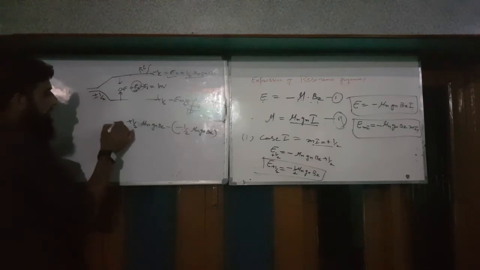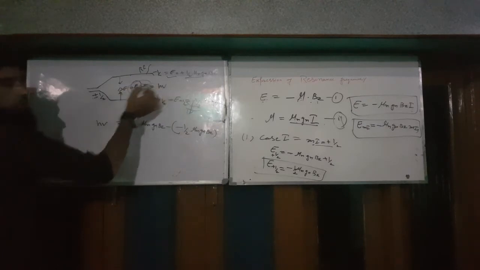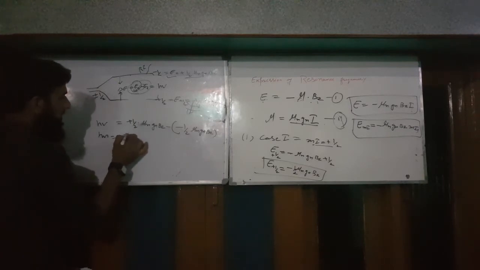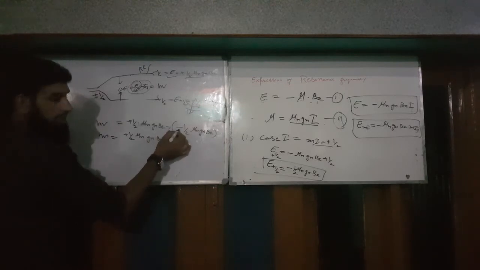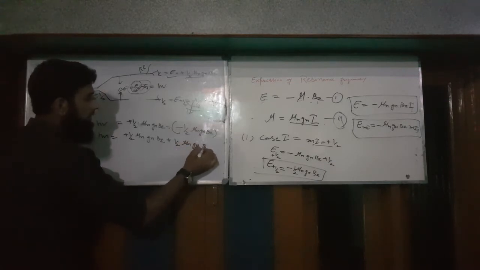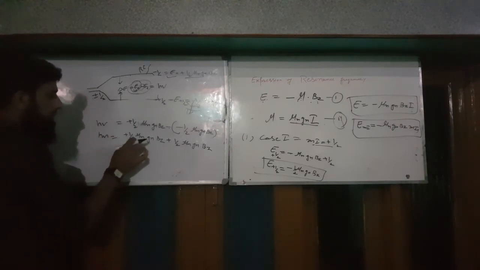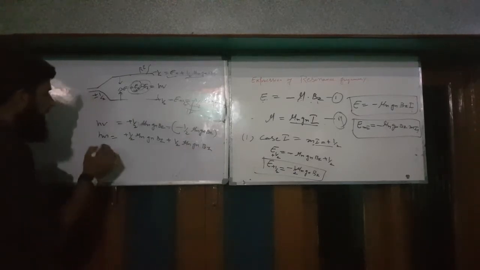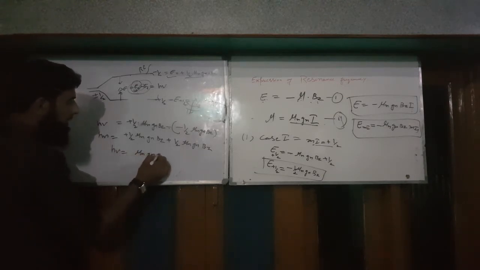Okay, we write here, this is our h nu, because this quantity is equal to h nu. So h nu is equal to plus 1 by 2 mu n gn Bz, plus, minus and minus is plus, 1 by 2 mu n gn Bz. This is half mu n gn Bz and this is half mu n gn Bz. Half and half is equal to 1. So we write h nu is equal to mu n gn Bz.